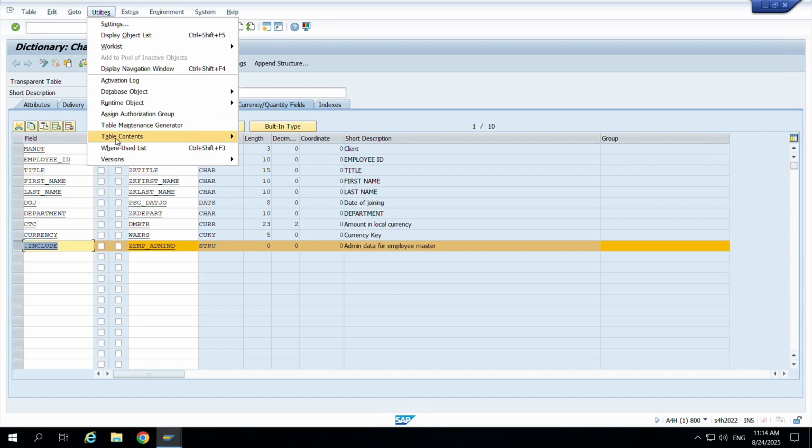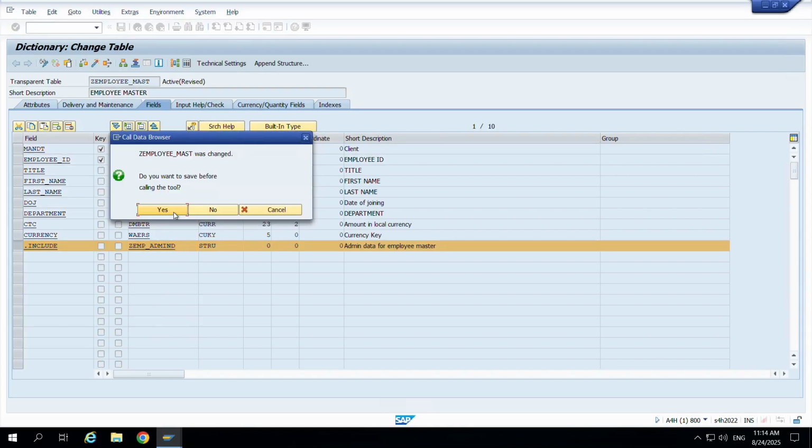Go to Utilities, Table Contents, then Display. Yeah, save it.